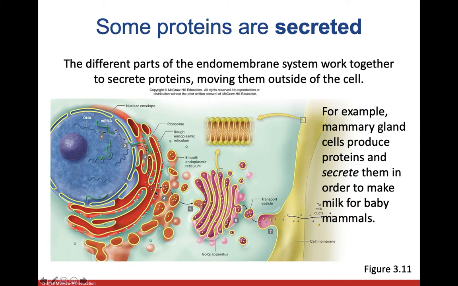So this process is talking about making milk. So let's talk about what happens here. All the different membrane parts are going to work together to make proteins, which will eventually move stuff outside of the cell. So we talked about how our mRNA is going to be used to get to our ribosomes, and those ribosomes are then going to be used to make proteins. The proteins, you can see here, are produced and are going to be secreted in order to make milk for the organism that's eventually going to drink the milk. So all of these proteins are going to be produced inside of the cell, and they're eventually going to have to leave the cell to enter the milk ducts where they can be used to